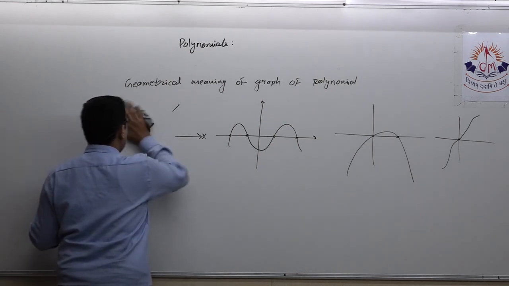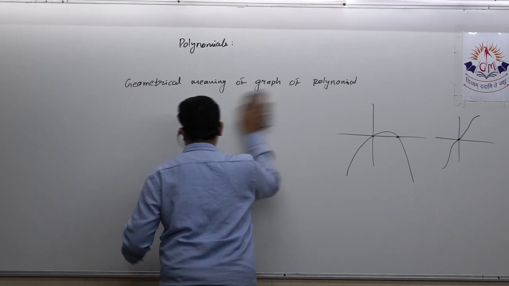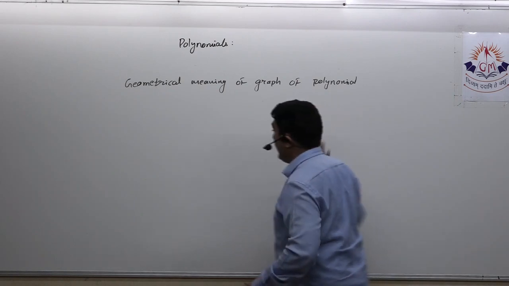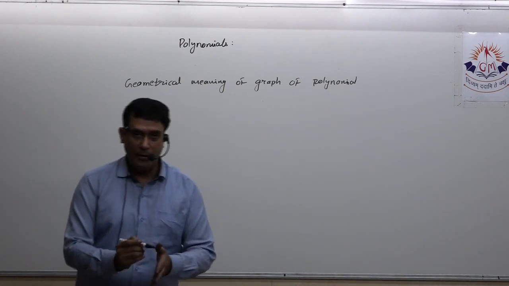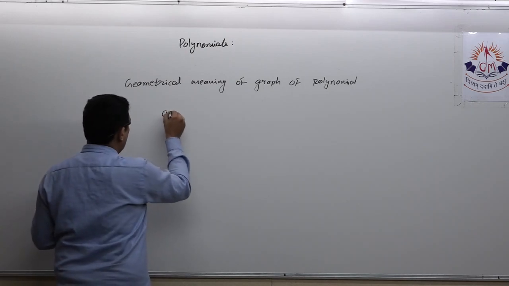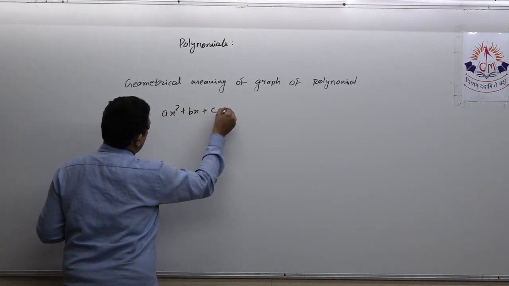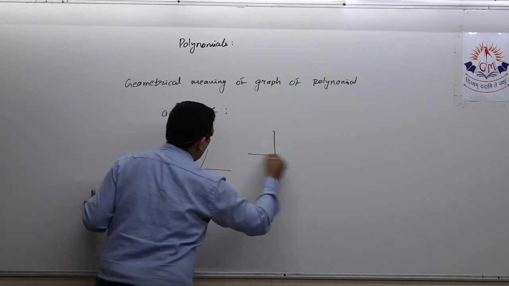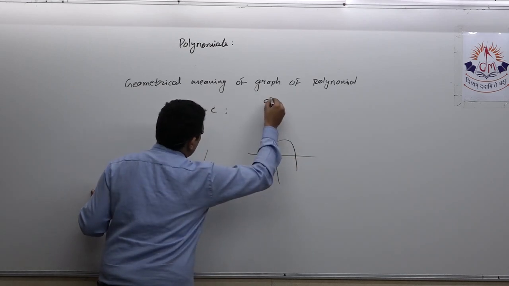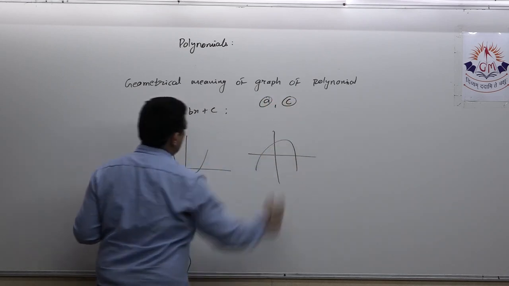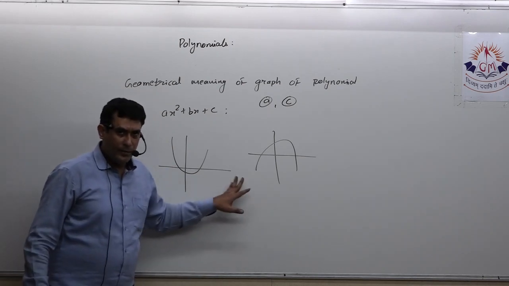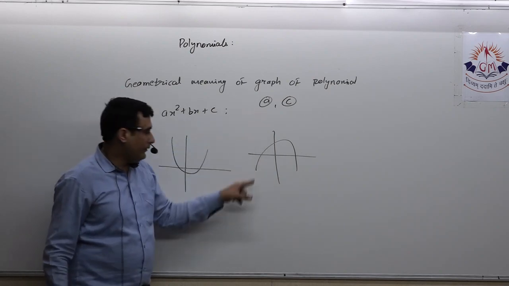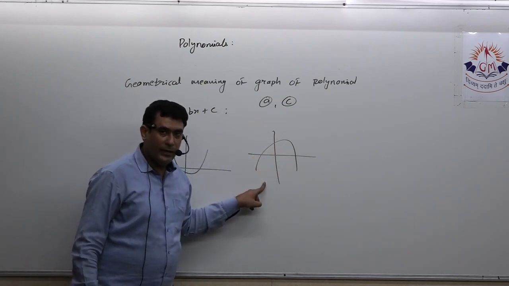Now one more thing which sometimes they may ask: a parabola is given to you and they will ask the sign of a in the standard form. If the standard form is ax square plus bx plus c, then with the help of the graph they can ask you what is the sign of a, and at the max the sign of c, that we can identify just by seeing the graph. Here the graph opens upwards, so definitely a is positive. Here the graph opens downward, definitely a is negative.